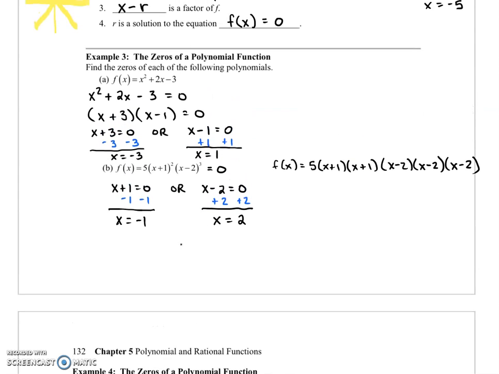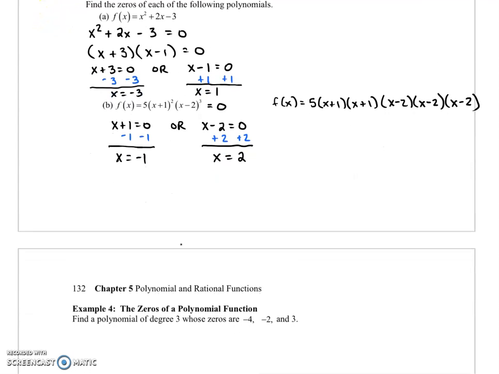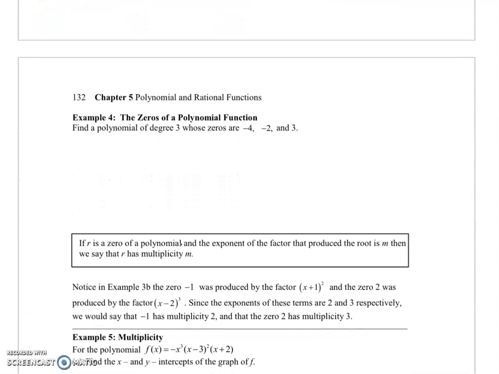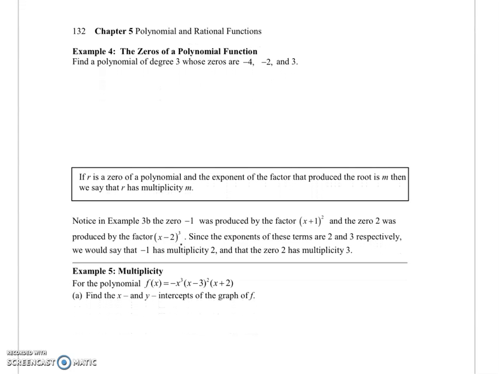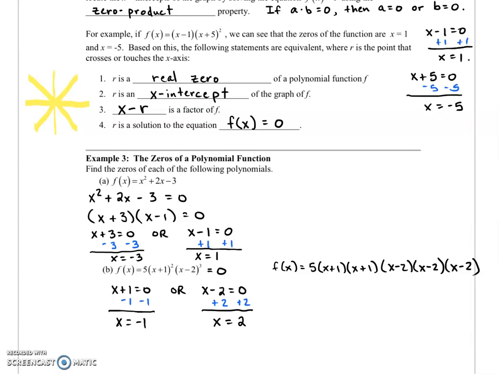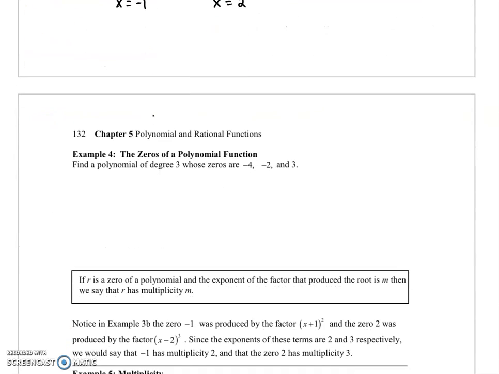So that is just finding the zeros. What if they give us the zeros and tell us to find a polynomial of degree 3? Well, this is where we use this statement right here. If r is a real zero of a polynomial function, then x minus r is a factor. So if we use numbers 1 and 3 from above,